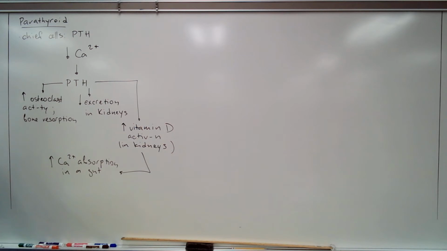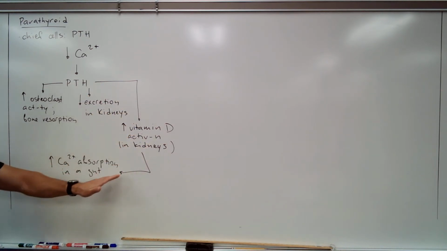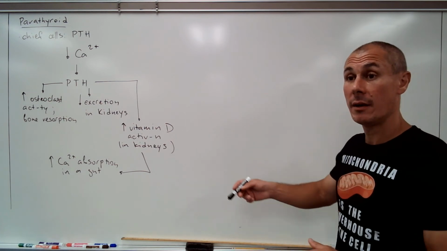So to kind of wrap it up, what you have here: when your calcium in the blood is low, that results in the release of PTH, which will break down your bones, which will decrease your excretion of calcium with urine, basically keep it in, and it will increase calcium absorption from your diet. But that last step is indirect. So PTH activates vitamin D, and vitamin D makes increased absorption happen. Does that make sense? So that brings us to one little detail here. Check this out. Vitamin D